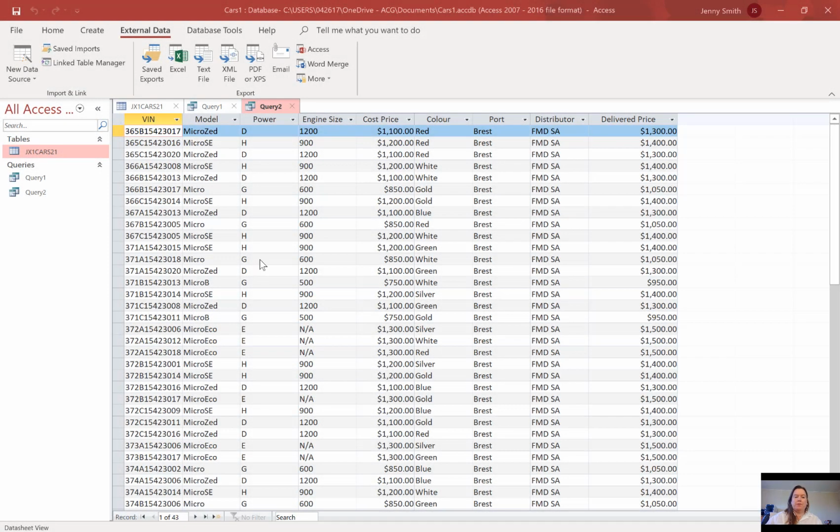The final thing we need to do is to export this data from the query into a different file so that we could use it in another program such as Microsoft Excel or PowerPoint, if we wanted to import them into those documents as a table or to create a chart from them. So we go up to external data,